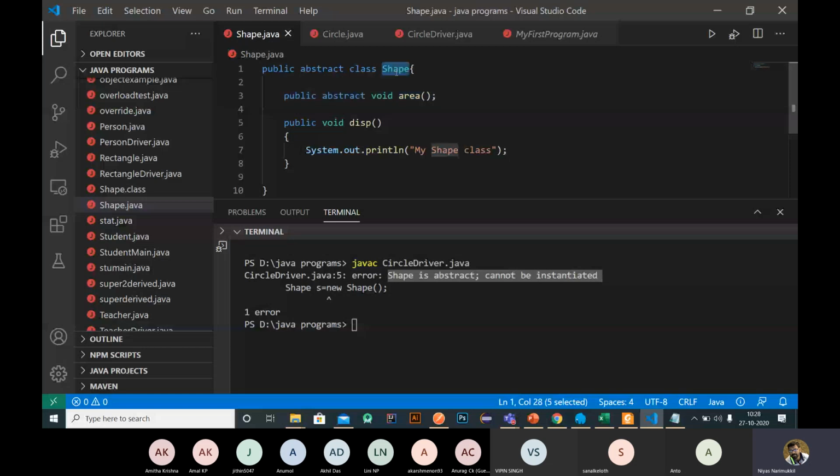Same as Shape, Animal, right? These are generic classes. We can't assume any object, right? For example, Person is a generic class, right? Like that. So specific things are called concrete classes. Okay.